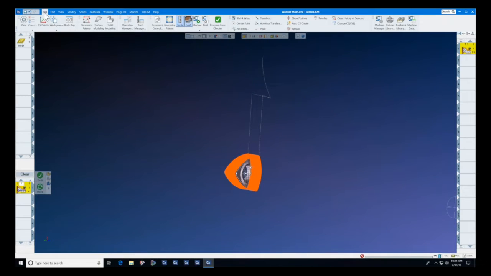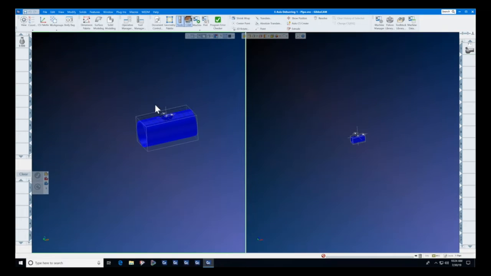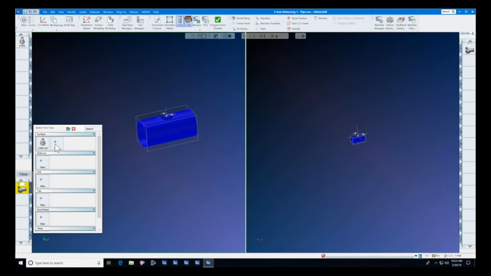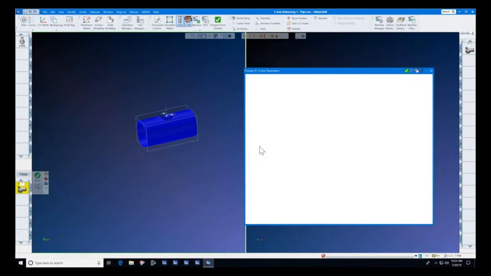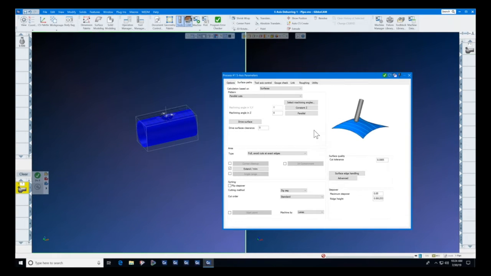So let's take a break from turning for just a moment, and let's go look at one of the exciting enhancements of the GibbsCAM 5-axis or multi-axis module, which I like to call it. If we right-click here in the process list, we look at the 5-axis module, and we're going to put this tool on it. The 5-axis module is our new go-to multi-axis module because it does 3-axis surfacing, 4-axis surfacing, 5-axis surfacing, 4-axis rotary mill, and 5-axis rotary